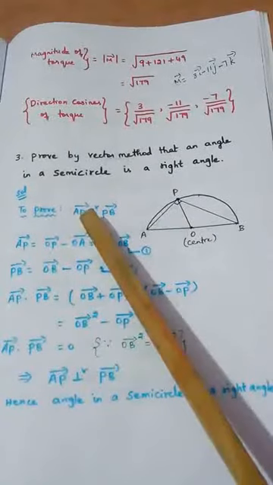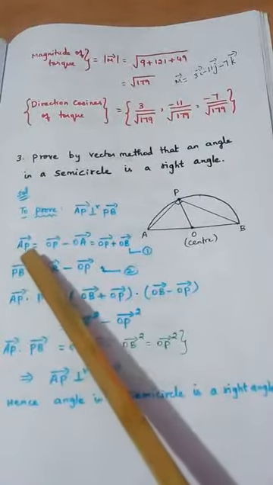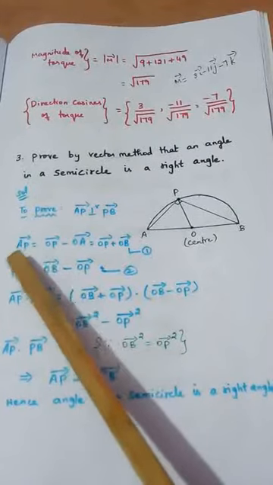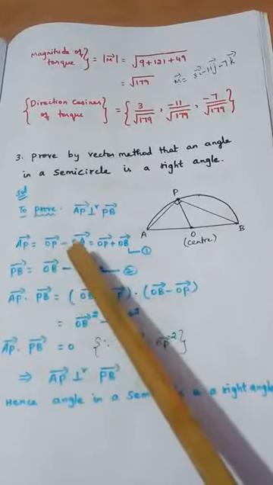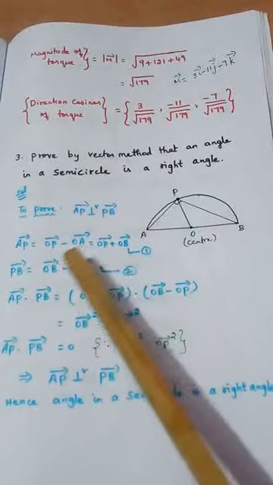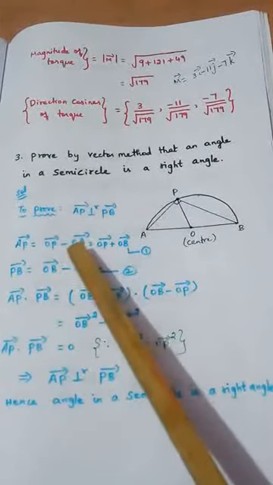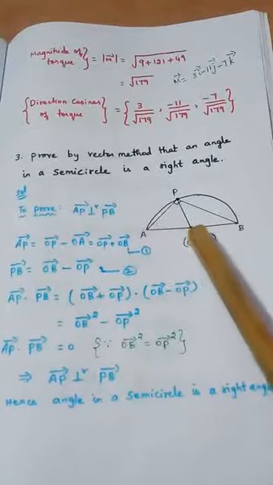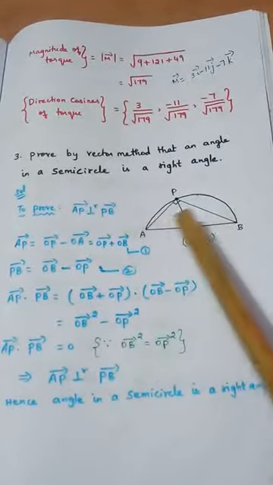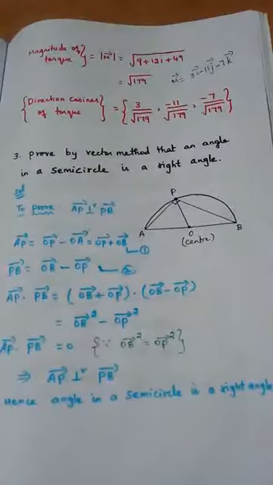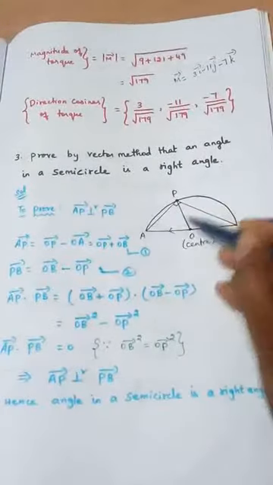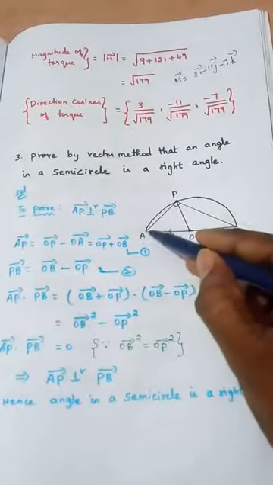So for that, first I am finding out the AP vector. You know very well the AP vector can be written as OP vector minus OA vector. Now I am going to see the diagram. OP vector I have written. Minus OA vector is present. What is the OA vector? This, right? Even if I put an arrow mark and show you, this is called the OA vector in this direction.